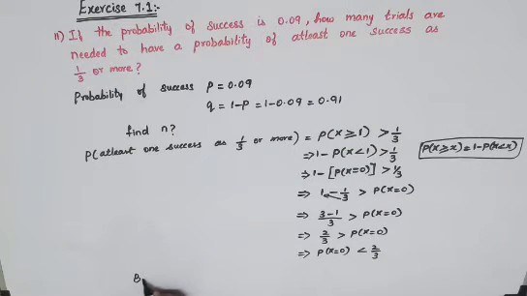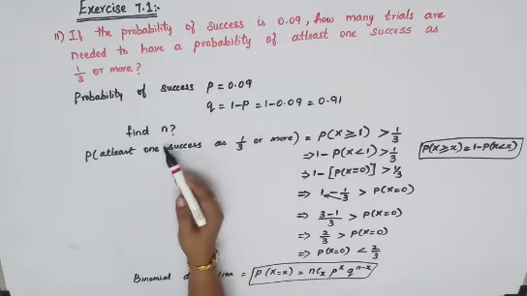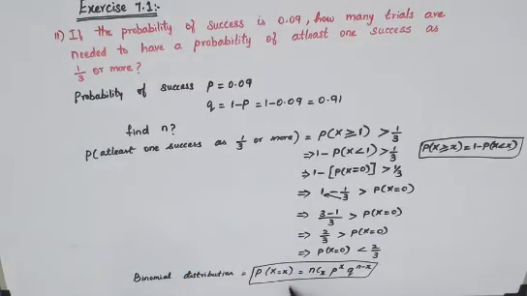The binomial distribution formula is P of X, that is capital X is equal to small x, which is equal to nCx P power x Q power n minus x. Since we have got X is equal to 0 here, we'll have to use this formula. Now substitute x is equal to 0 and all the values: P is here, Q is here, except your n, everything will be there. So just go for substitution.